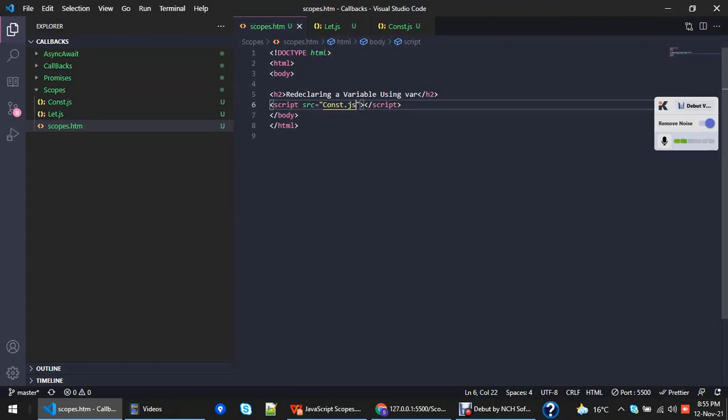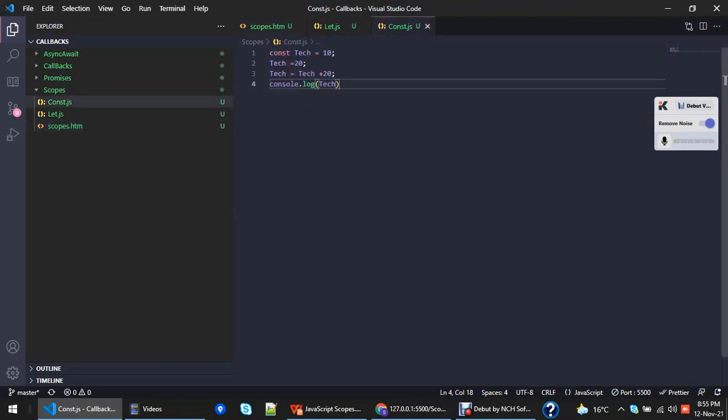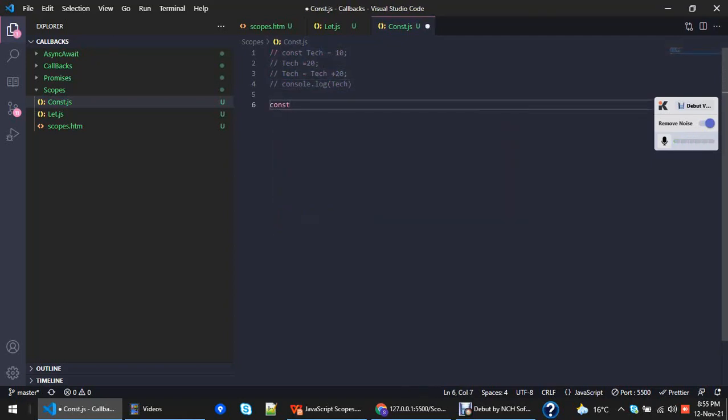I want to show the constant arrays, whether they can be reassigned or not. So with constant arrays, you can change the elements of a constant array, and you can't redeclare it. Let me show you the constant array, then you can understand what I'm trying to talk about. Like const array equal to